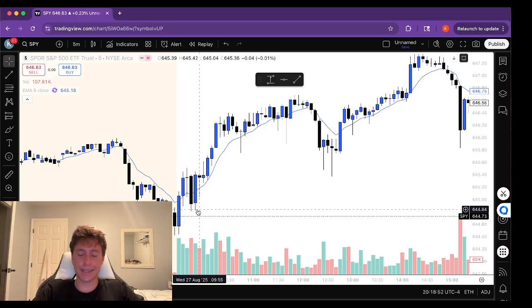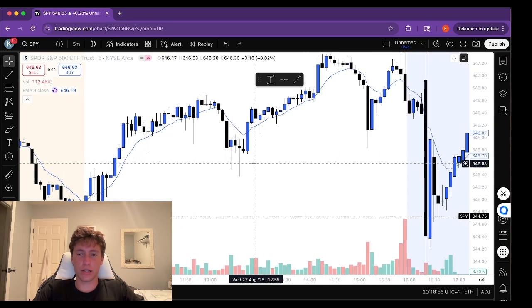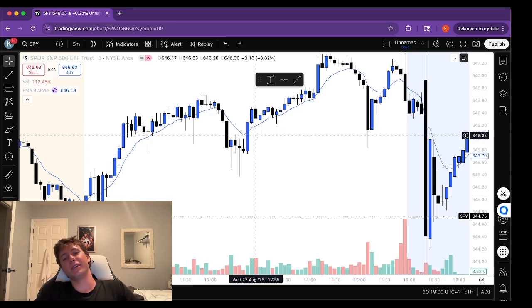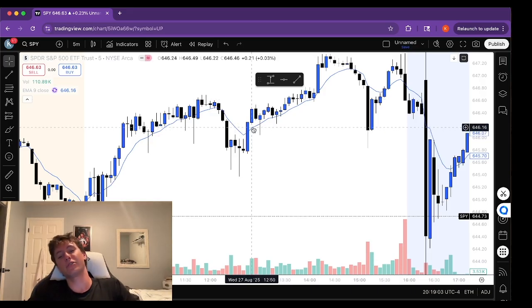Because most likely, 80% of the time, it's just going to keep on going down. All right, we can look right here. A lot of people, sometimes when it breaks above the 9 EMA, they'll get in, and then if it goes below, their stop loss is there. I don't trade like that. But look,